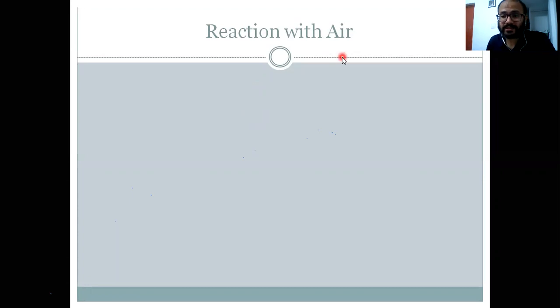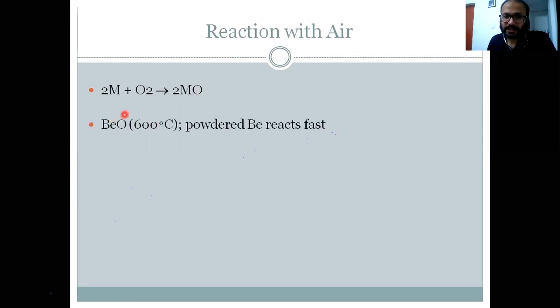In the previous class, we did the reaction of group 2 elements with water. So we will continue now with group 2 elements' reactivity with air. Like group 1, the group 2 elements react with oxygen or air to form the corresponding metal oxide. Now, if we talk about the reactivity, like in group 1, as we go down the group, the reactivity will increase. First, talking about the reactivity of beryllium, beryllium reacts with air when you heat the reaction at